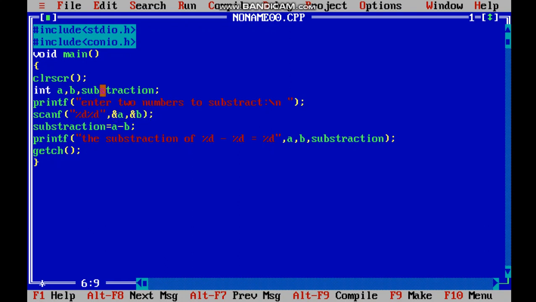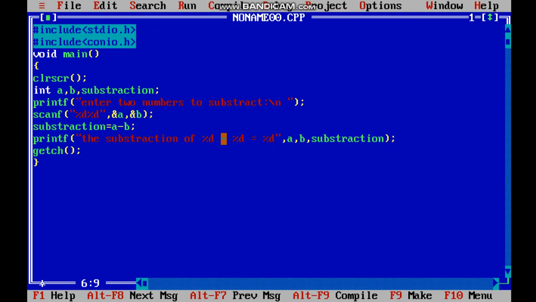Now subtraction, if I don't define it here, then I won't be able to use subtraction. So a minus b, from the first number the second number will be subtracted and the value will get stored in subtraction. Now printf does not have any function, as I told you. It will just print whatever you want to print. So I want to print the subtraction of a, that is whatever value here, minus, I showed because it is more clear what result we got.